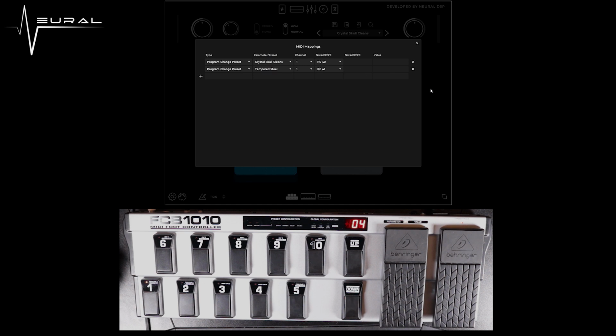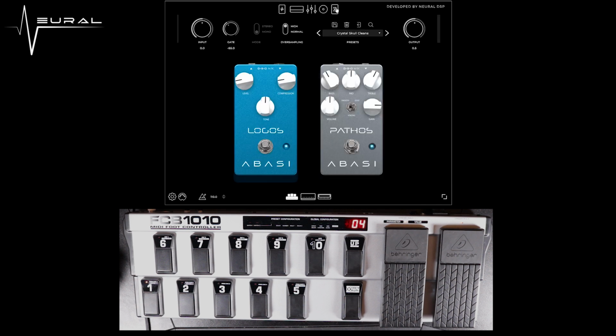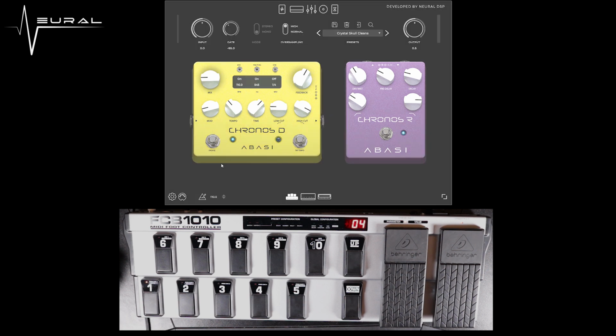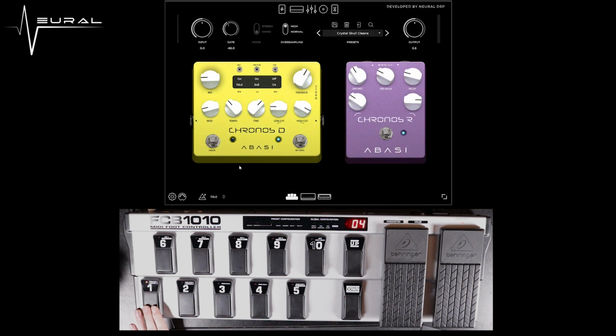So let's say we want to assign PC40 to an accessory of the plugin. So let's go ahead and assign this to activating or deactivating the delay pedal. So we're going to go ahead and delete this program change. Get out. I'm going to go out to the delay. Click right, hit enable MIDI learn. Hit it twice. Disable MIDI learn, and now your program change is going to turn on and off the delay